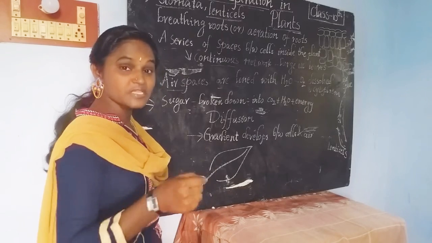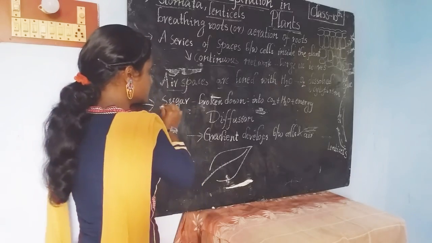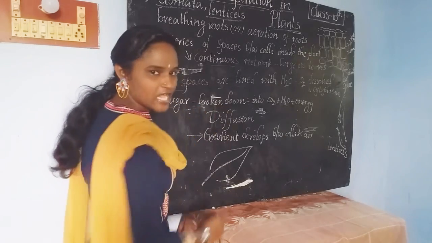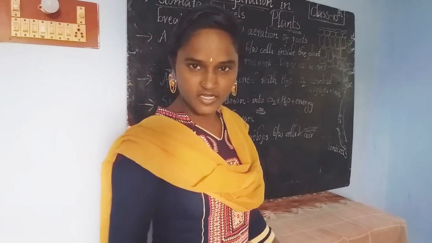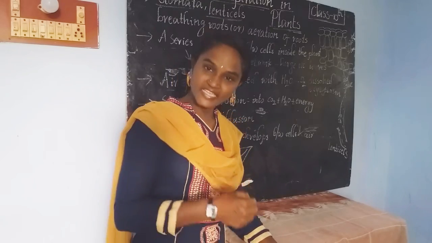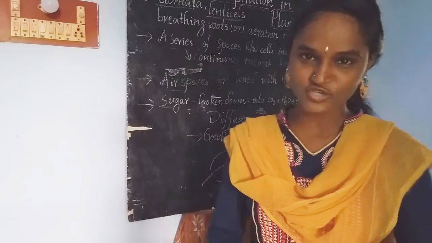That sugars will be broken down by the help of oxygen. Here the sugar breaks down and it releases carbon dioxide along with a little amount of water and energy in the form of heat. Okay, how? By the respiration process, how we people